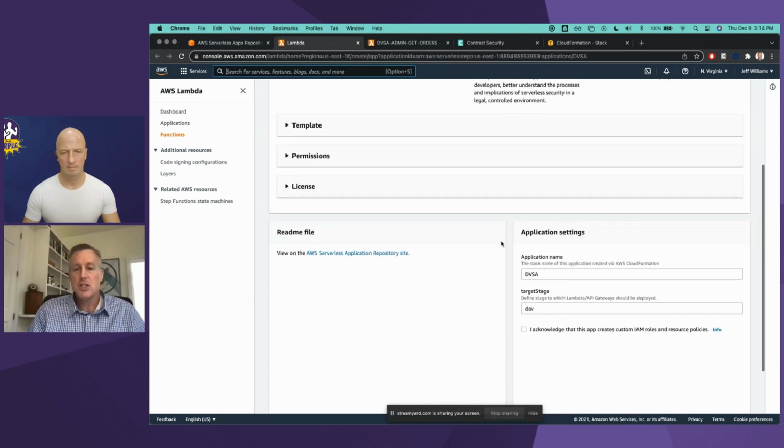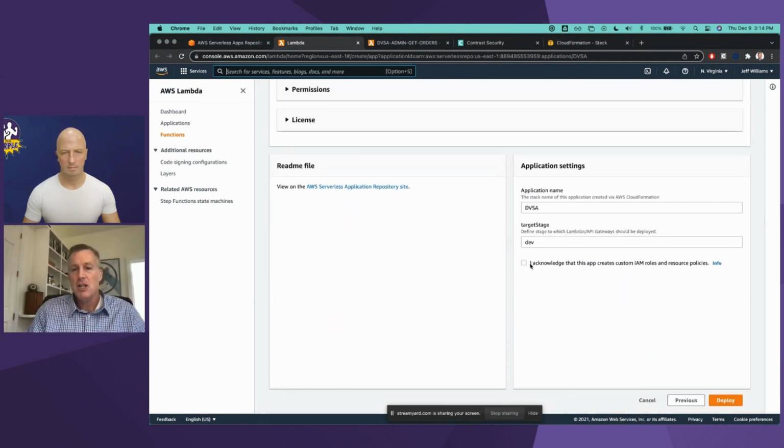So this is the details. And if you go down to the bottom of the page here, you can say, I acknowledge that this code does some dangerous things, which it has to. And then you can just hit deploy. It takes a couple of minutes to deploy, but basically it's just instantiating this app in your environment and all the serverless functions that are part of it,